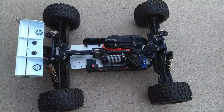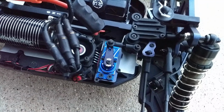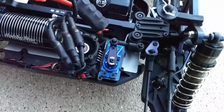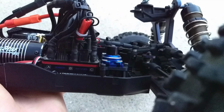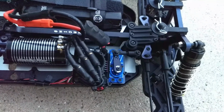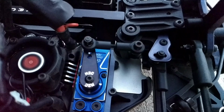I put the wide body chassis on my converted MT to an ET, and I sorted a few things out that I'm sure have been covered before, but that servo horn is an M2C horn. It originally didn't fit, but it actually comes with a little lock washer, so I put the lock washer underneath the horn, and it gave me just enough space, because before it was locking down and the servo wouldn't turn. And then you do have to Dremel a little bit to get a slight bit more steering,